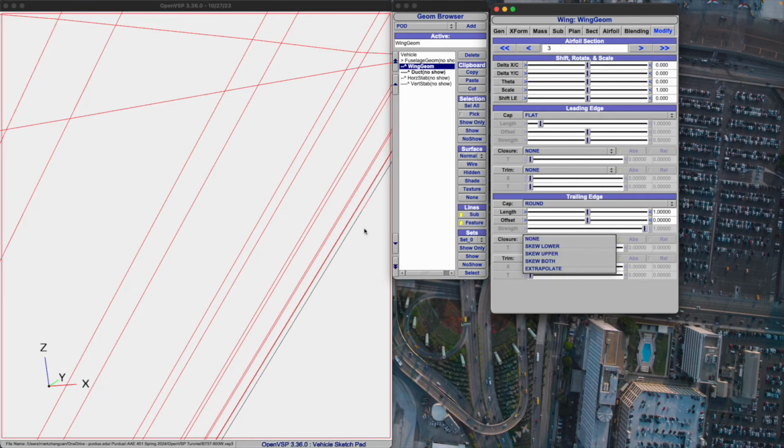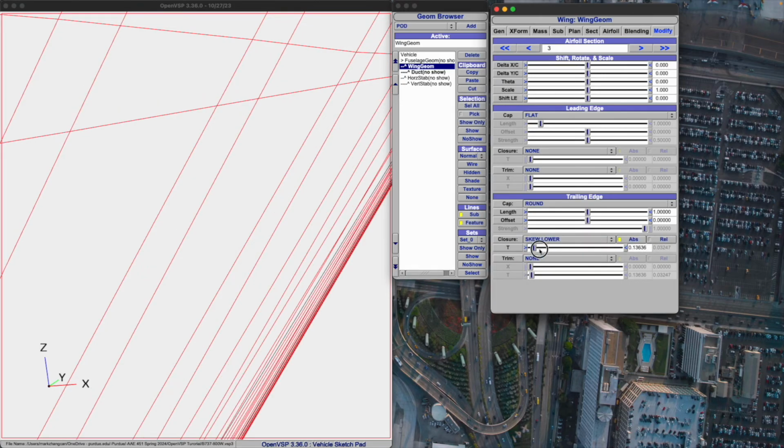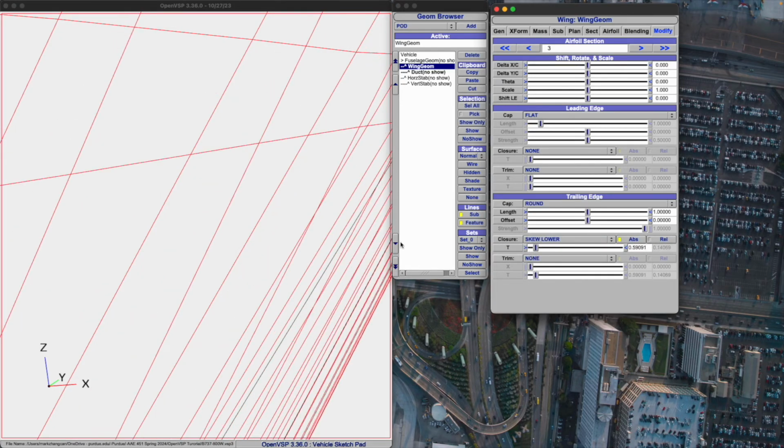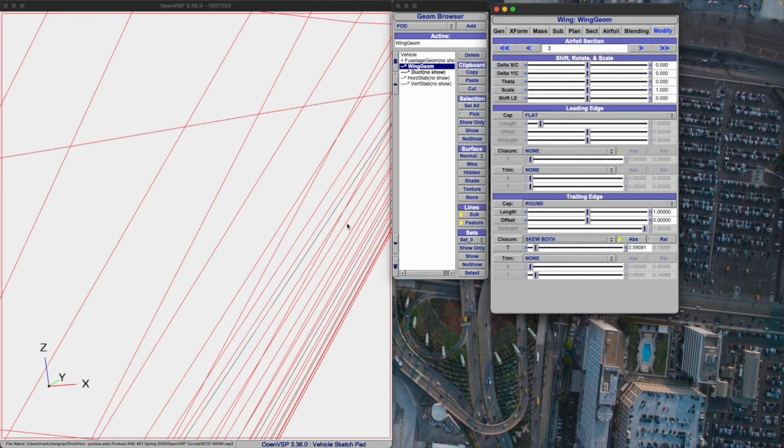That means along this trailing edge line, I'm adding something that goes below it. Skew upper is the opposite, and skew both is I'm adding up and adding down, and this allows me to use the trailing edge gap,